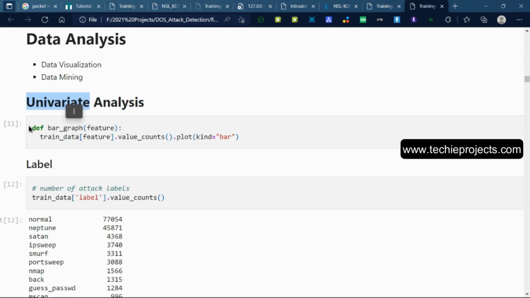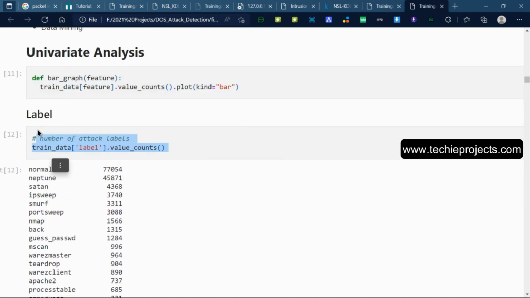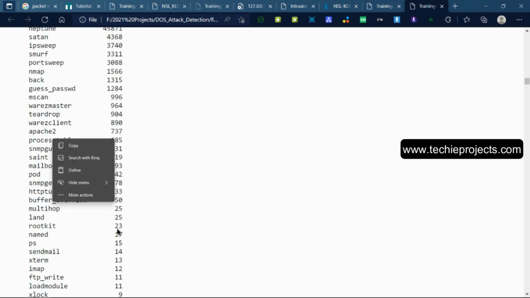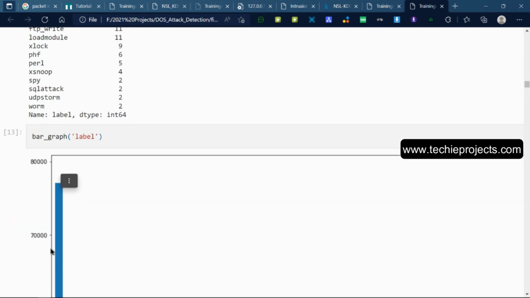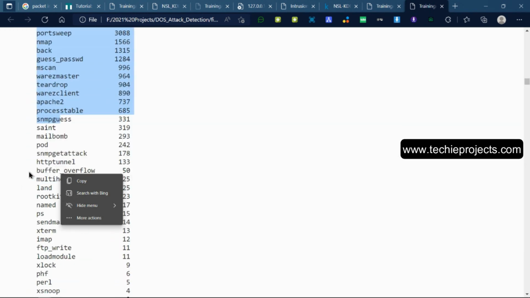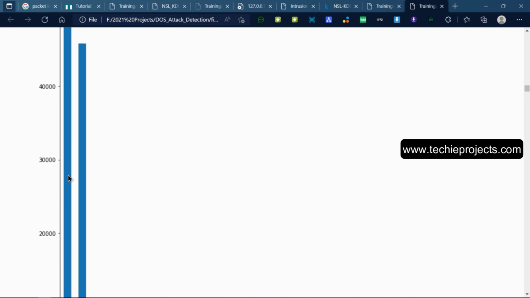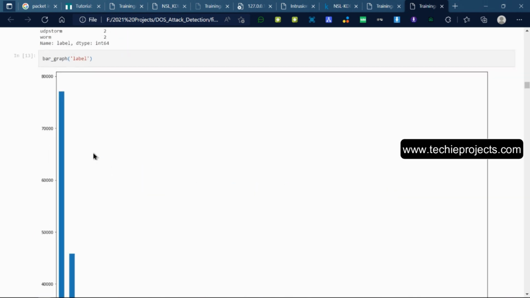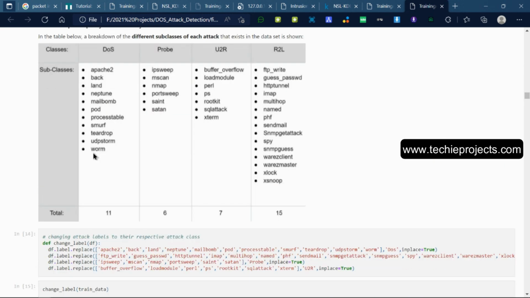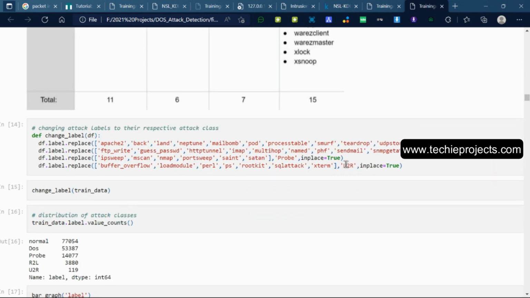And here, I am simply defining one bar graph method, which helps to generate the bar graph of any column. Here I am simply checking from the dataset how many records are available for each attack. This is the normal text representation, and this is the graphical representation. So there are this number of normal attack entries, and this is the graph representation. But here I'm grouping the attacks